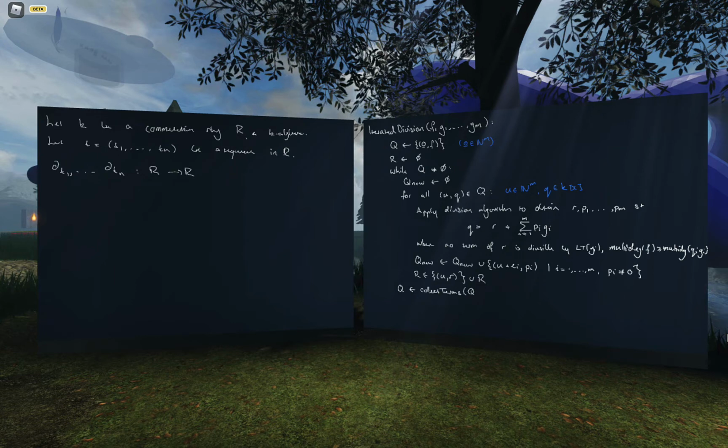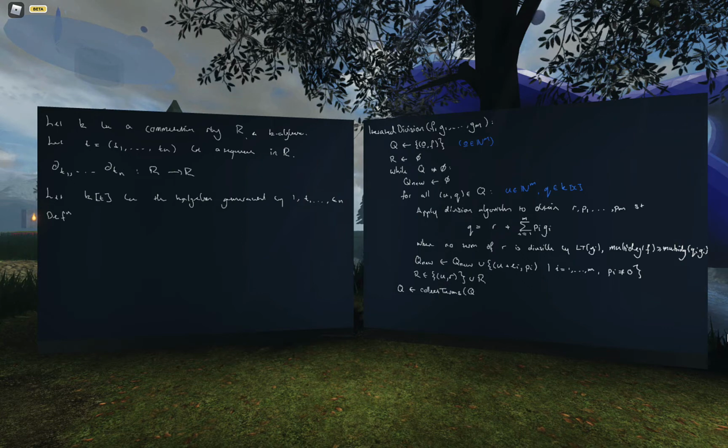So let's recall the definition of this system of T-derivatives. So just a reminder, let K[T] be the K-algebra generated by the elements of the sequence, and also 1. Okay, and then we had this definition from last time. So given T, a system of T-derivatives are K-linear maps from R to R,